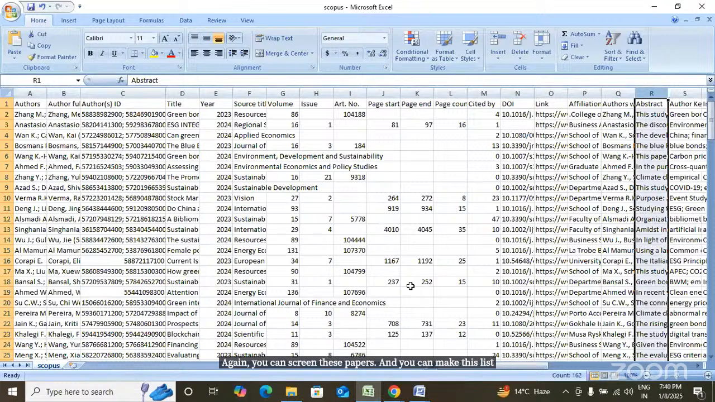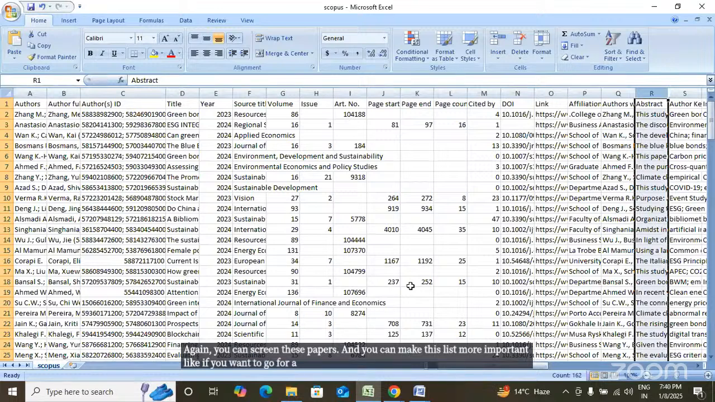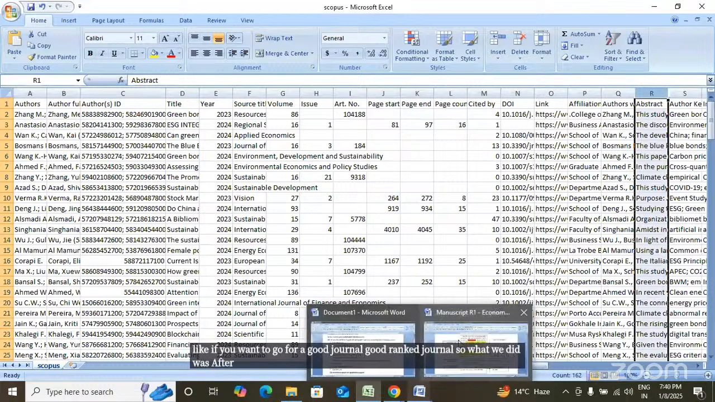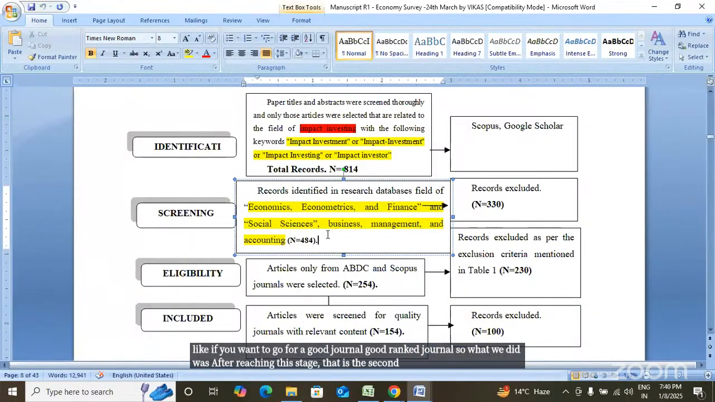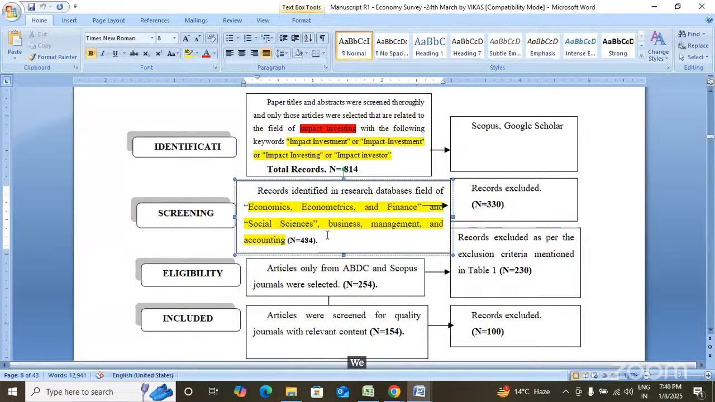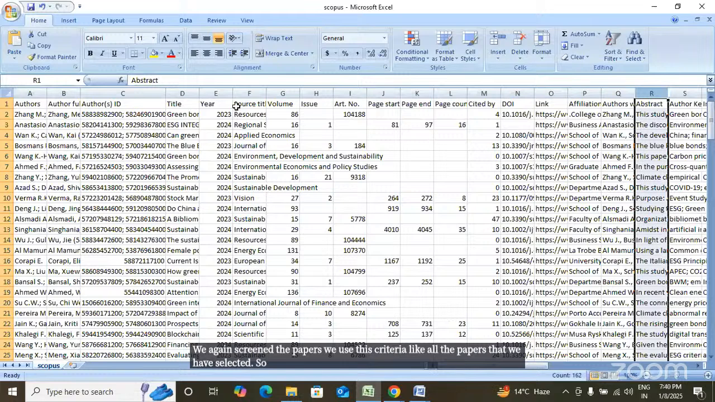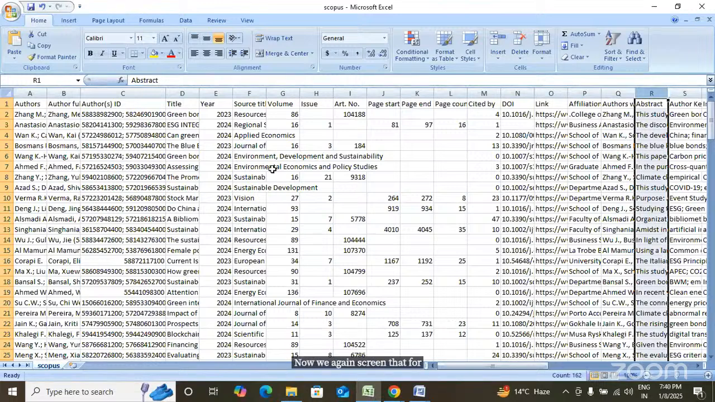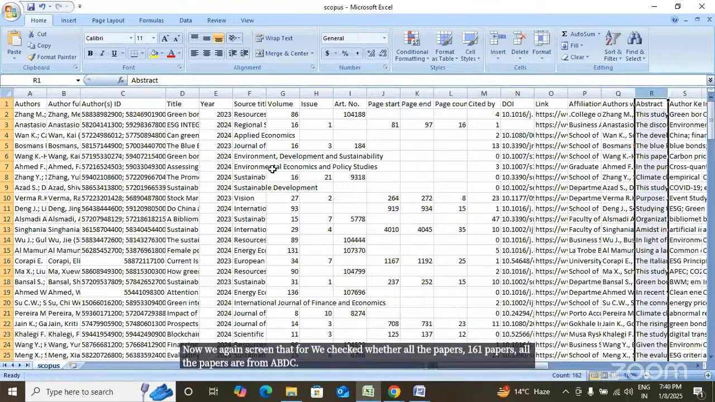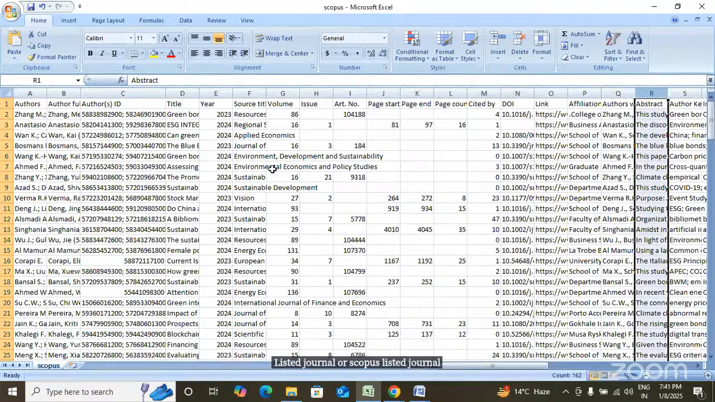Again, you can screen these papers and you can make this list more important, if you want to go for a good, high-rank journal. So what we did, after reaching this second stage, is we again screened the papers. We used this criteria on all the papers that we have selected. So this is the list of the papers that we have got. Now we again screened it, and we checked whether all the 161 papers are from an ABDC listed journal or a Scopus listed journal or not. If it is not,